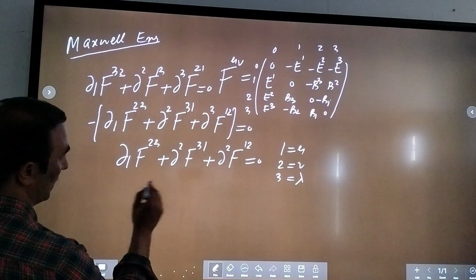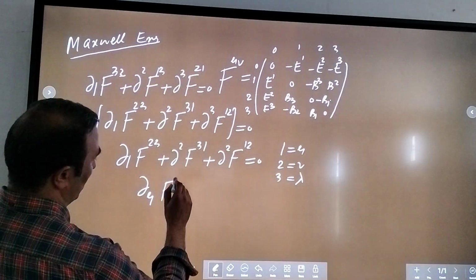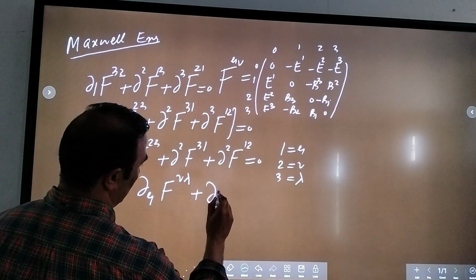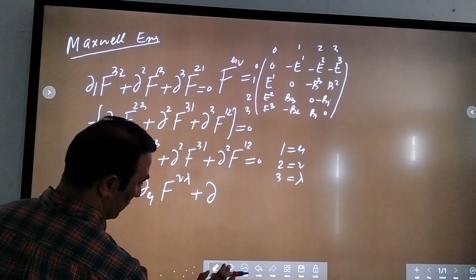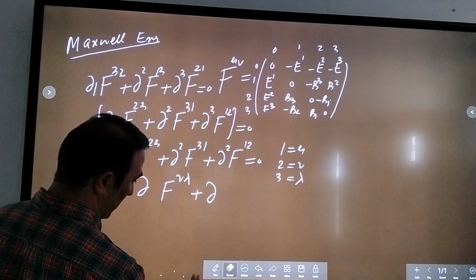So this term will be, we can add that this will be partial mu plus partial mu, or you can put, because you will get confused here, so let me write the same notation. Okay. So we can write this as that's equal to partial 1